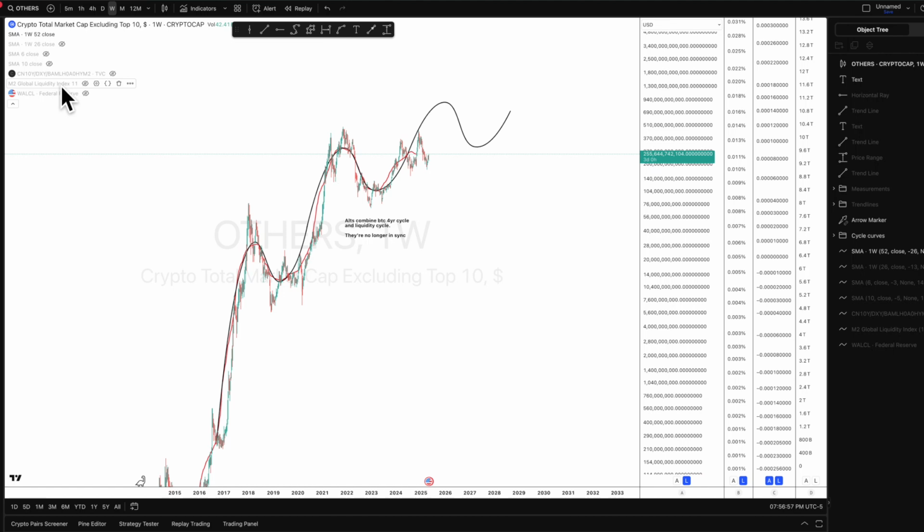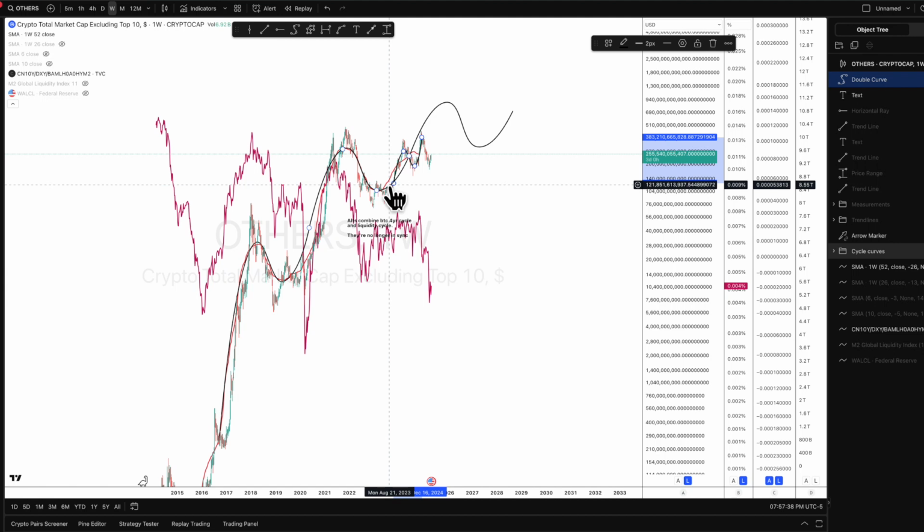Here we have the others market, which is the total market cap minus the top 10. See, we had a perfect sort of conservation of energy move here where we outperformed and then we came back down, underperformed, and then rebalanced right back on our way to holding that cycle. And then right about December 2nd, you look at the bottom there, the date, we had this contraction, same time as liquidity. So that really threw a kink in the cycle. But again, I believe the cycles are fundamental, and it's just about reading the interaction between the two